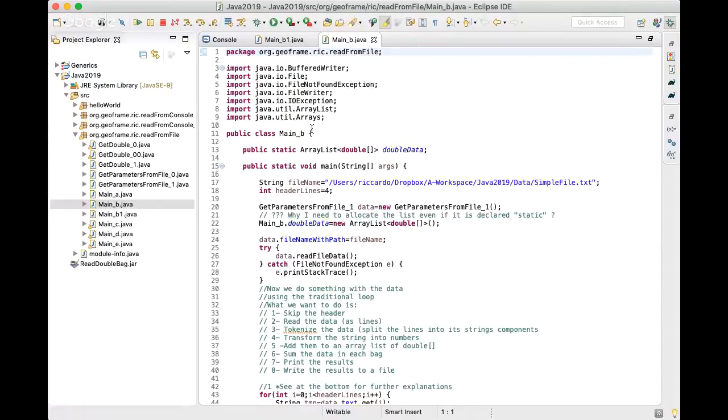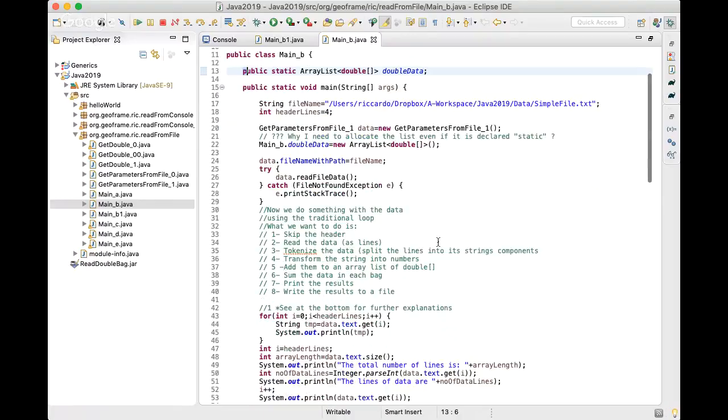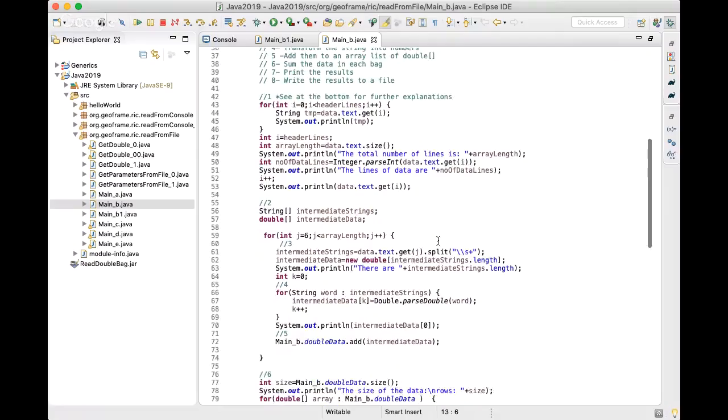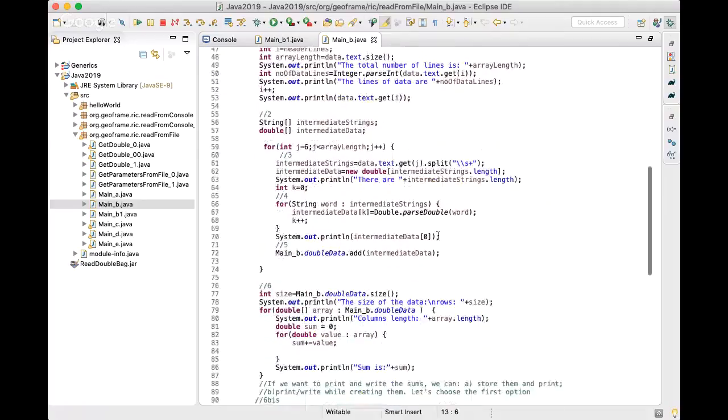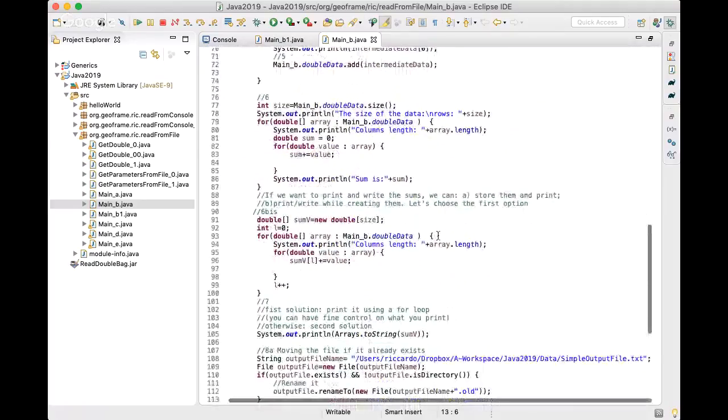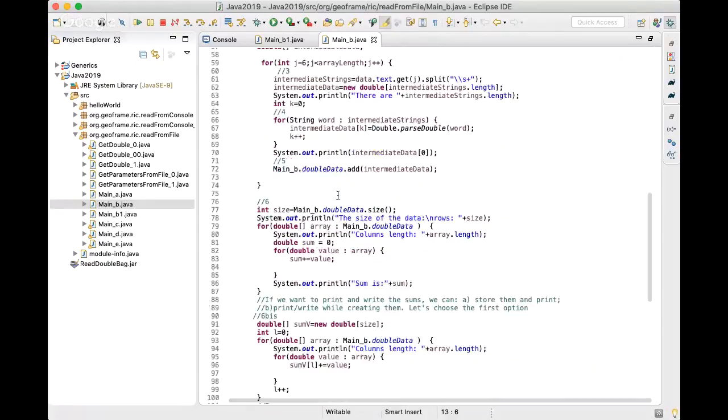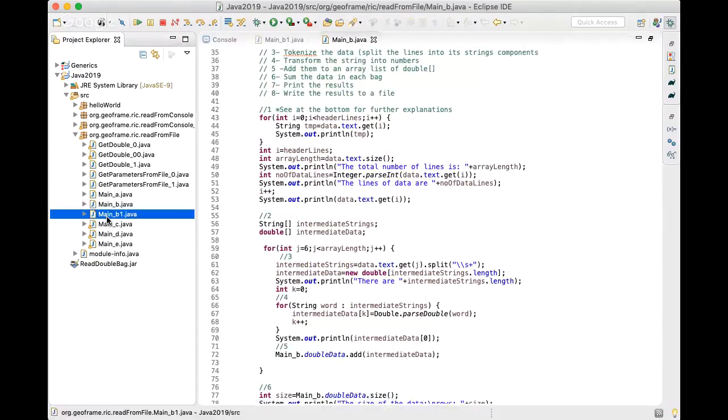And the main B is a class that has a field which is an array list. That was a novelty of the last class. The use of array list instead of simpler structure like doubles or a vector of doubles. But what we want to do is to get all this stuff here arranged in method of a class. And this is what we do in